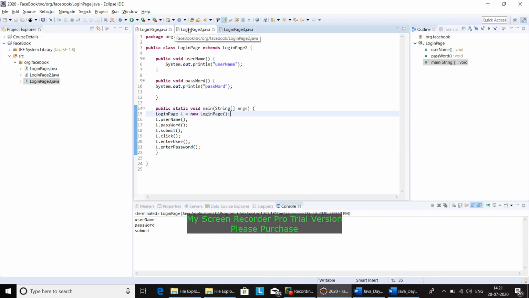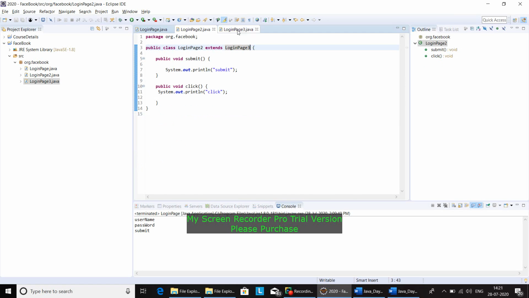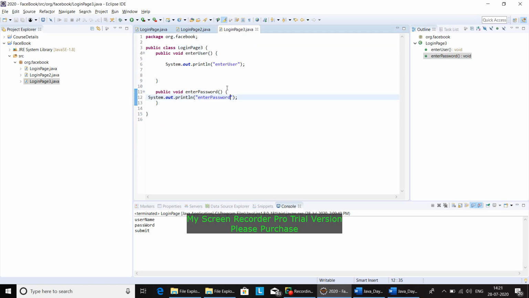You can practice it at home and let me know your comments and feedback. We will catch up tomorrow with the next set of topics. Next would be polymorphism, that is method overloading and method overriding. Method overloading is otherwise called static binding or compile-time polymorphism. Method overriding is otherwise called dynamic binding or runtime polymorphism.